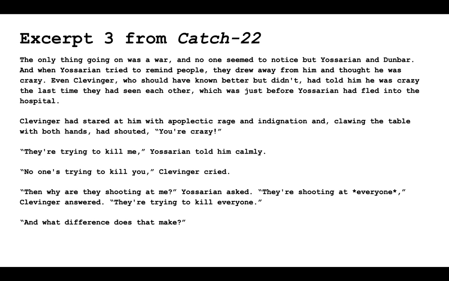So each of these three excerpts is an example of more than one element of postmodernism, but there are elements I didn't talk about, like hyperreality, for example, which isn't really in Catch-22. And that's okay, because we'll also look at these other elements with regards to postmodern art, and we'll work on them as we go through. So I hope that helps explain some of those elements of postmodernism.